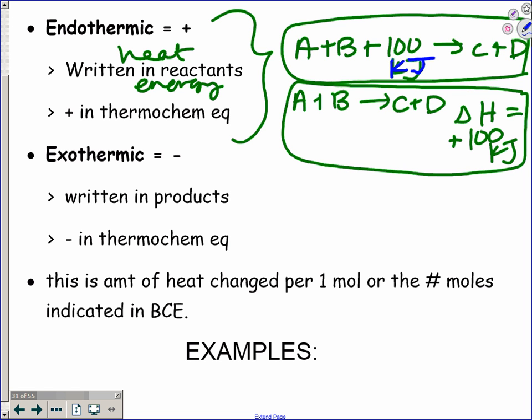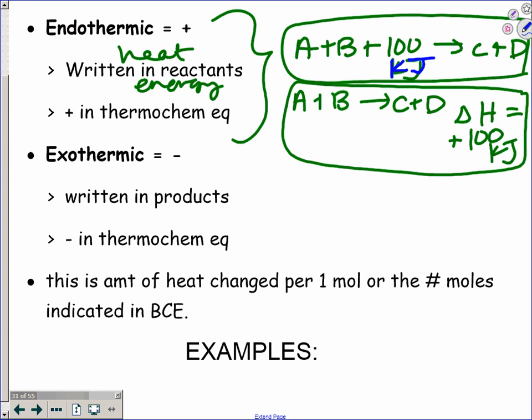So there's three equations. So this, guys, this is the first equation. The energy is written as a reactant, showing the energy is going into the reaction as an endothermic process. Alternatively, you could also write it like this, showing that the overall process, yet again, is endothermic by the nature of here's the reaction, A plus B yields C plus D, but off to the side we wrote, hey, I'm